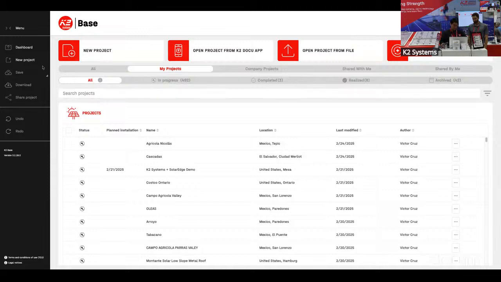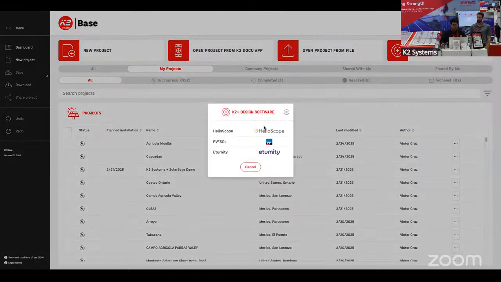We have a menu on the left side, and at the top of the page you can see different tabs with different options, where we can create a new project. We have this option to open from an app. This works with mobile devices, and you can see your project on your cell phone. We also have this option to open a project from a file. When you create a project, you can download the file and share it with your colleagues, and they can see your project. And we also have this option to open a project from Helios Code, as you can see,